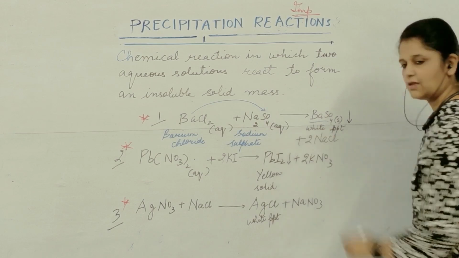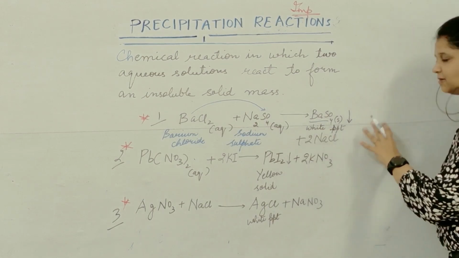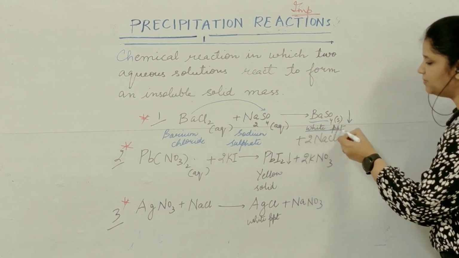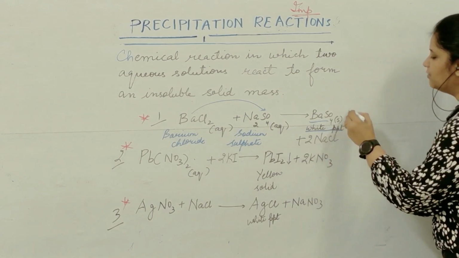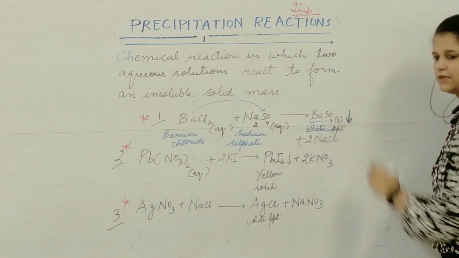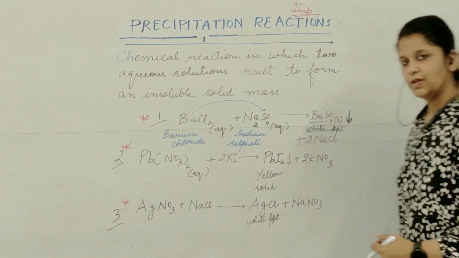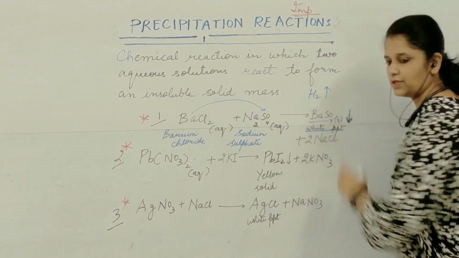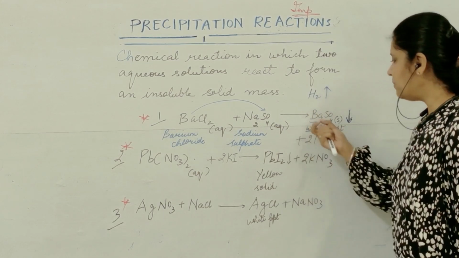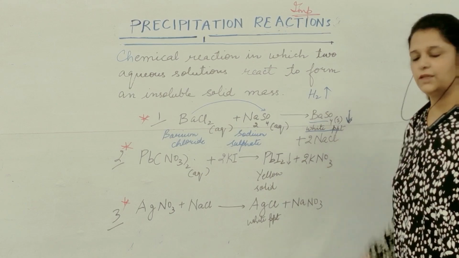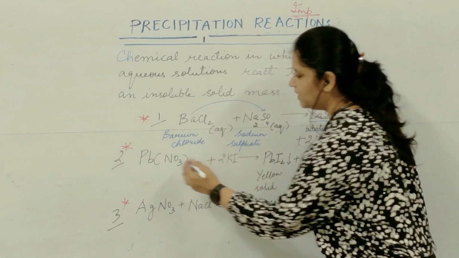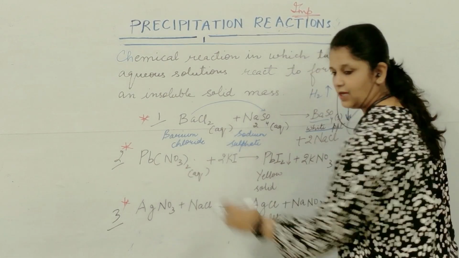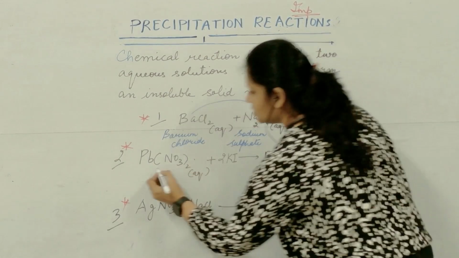And it forms barium sulfate. Barium sulfate gets settled at the bottom in the form of white precipitate, और इसीलिए डाउनवर्ड एरो से शो किया हुआ है because it's a precipitate. जितने भी गैसेस होती हैं वो केमिकल रिएक्शन में जैसे H2 गैस है वो अपवर्ड एरो से शो की जाती है, and जितने भी प्रेसिपिटेट्स होते हैं वो हम डाउनवर्ड एरो से शो करते हैं. Another reaction is lead nitrate, देखो इसका फॉर्मूला Pb(NO3)2 है, twice, so इसके नीचे लिख देते हैं